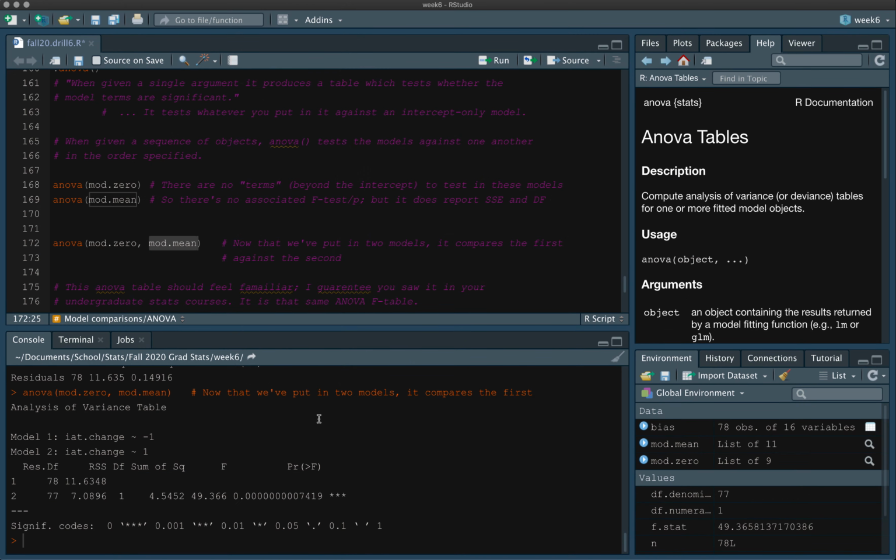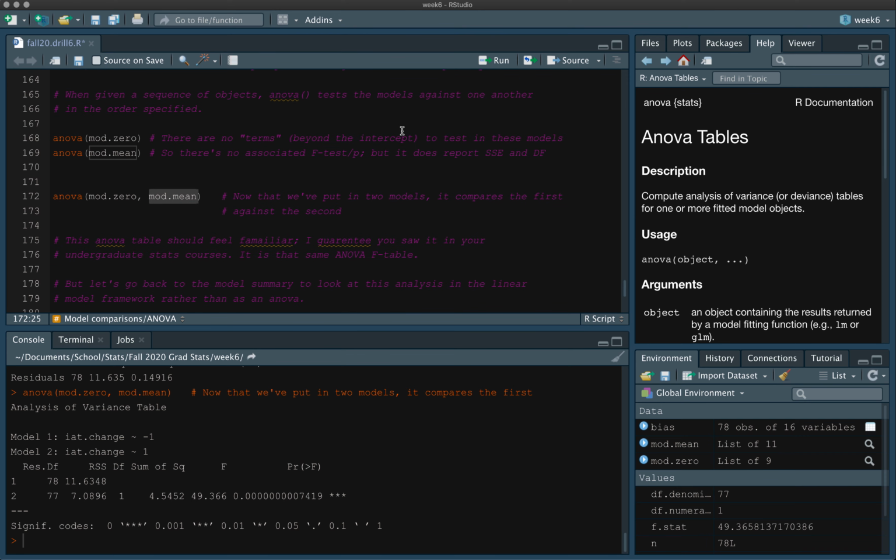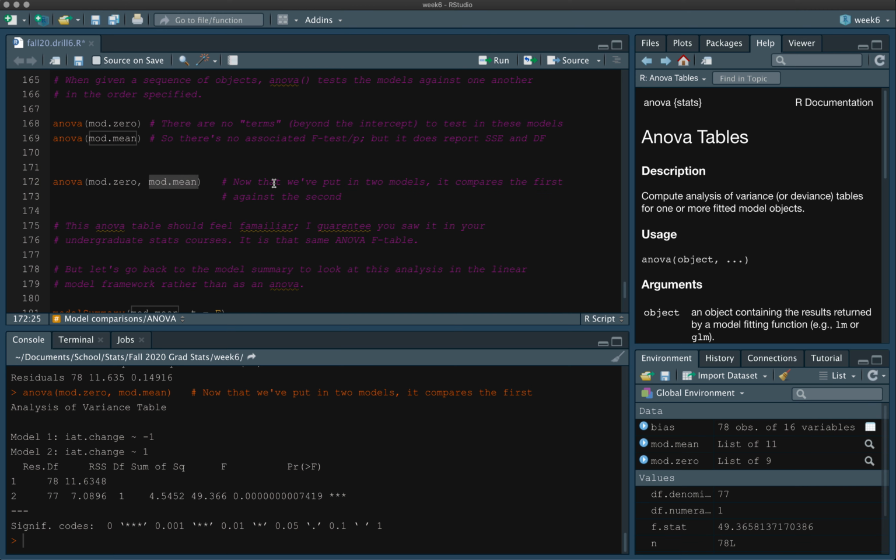models against each other, and this should feel familiar and look a lot like the ANOVA tables that I'm sure you ran up against as an undergrad, just when you're talking about that basic ANOVA F table. And so what this is doing is it's testing